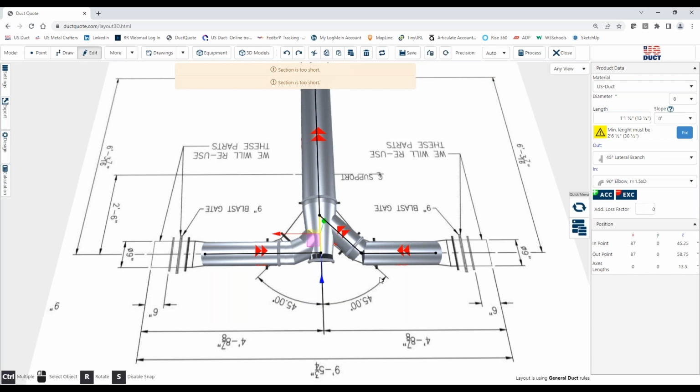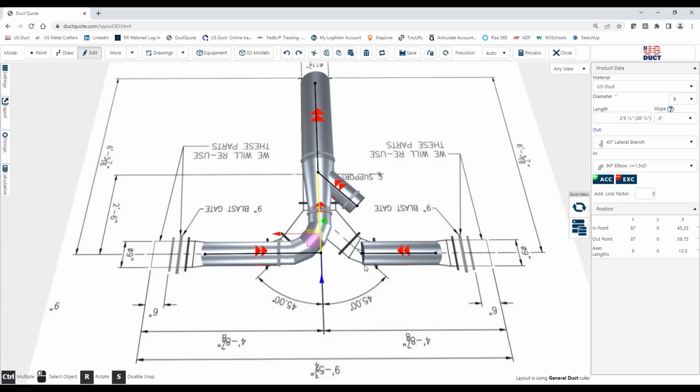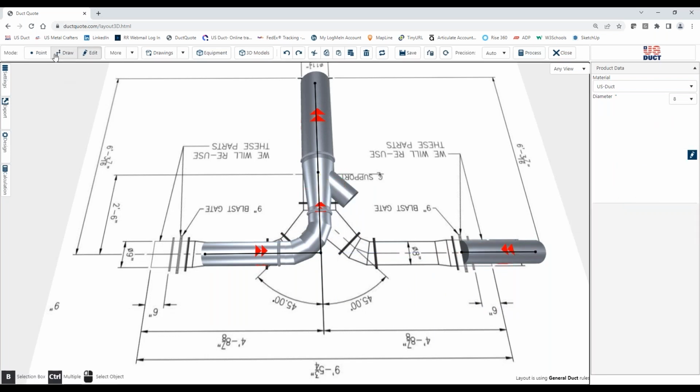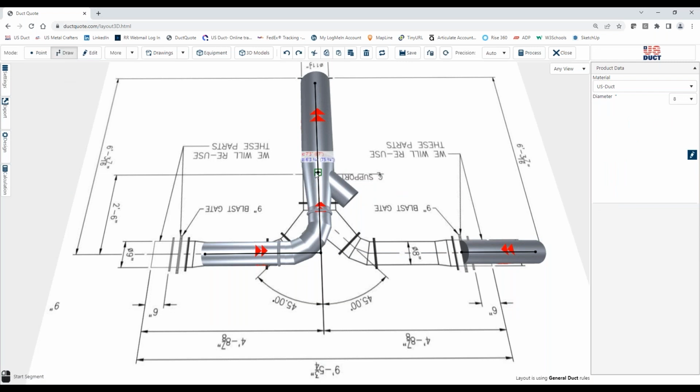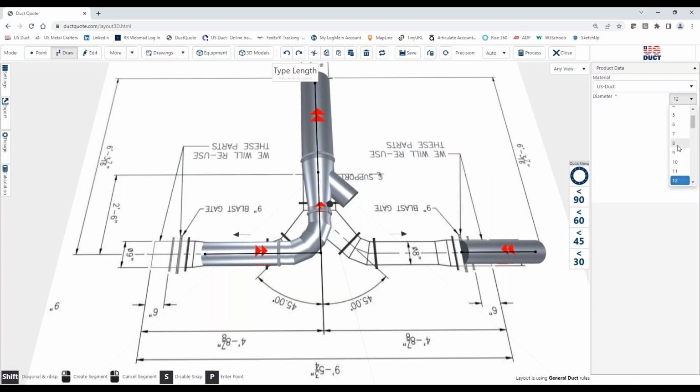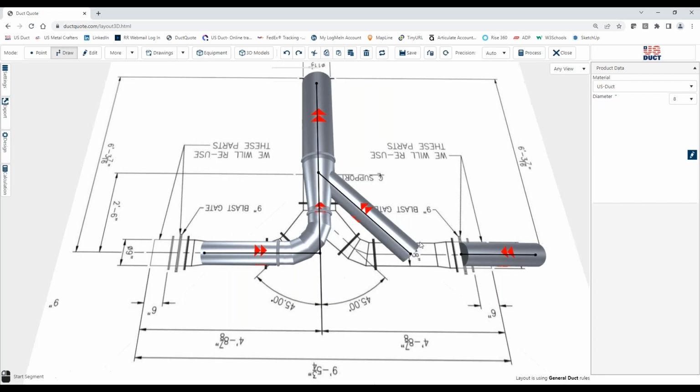you can see that we still have to make this longer. So if we do that downstream, okay, we can kind of move this back, and I'm going to redraw this so that I can actually reach the correct. We're going to draw that again, 8-inch at a 45-degree angle. I'm going to come down till I am even with that. And as you can see now,